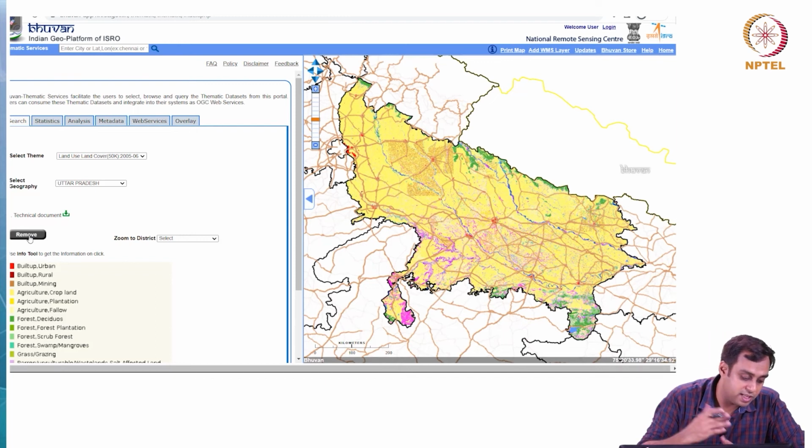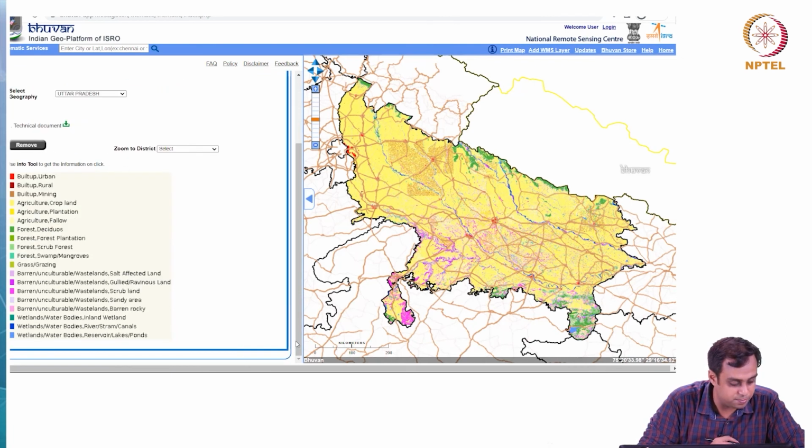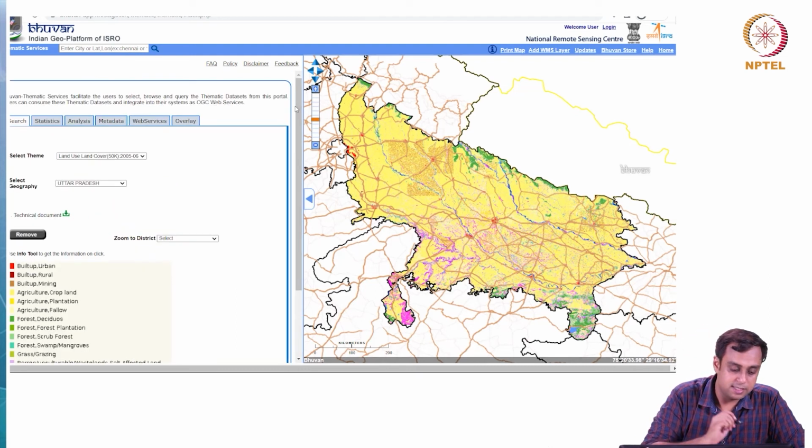So, you have reds and browns which are urban, built up areas, the yellows are agricultural lands, the greens are forests, you also have grass, there are other kinds, there is barren land, there are wetlands, there are water bodies and so on and so forth. Okay. So, this is the legend.